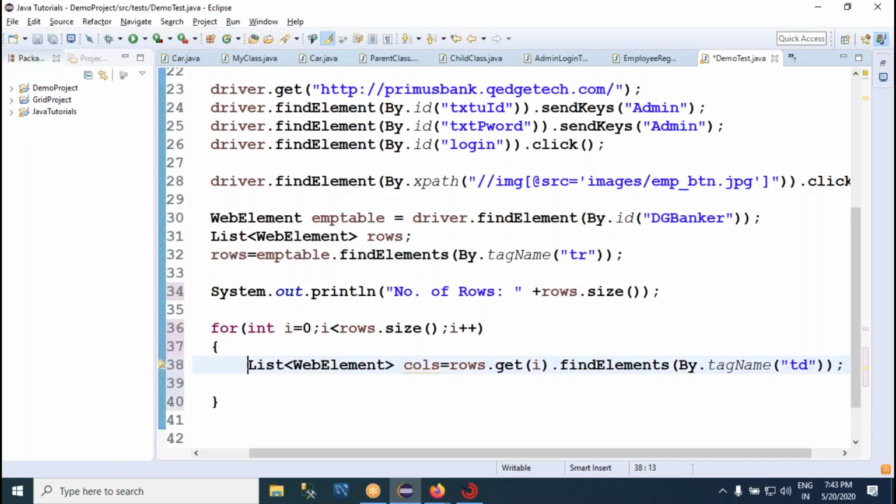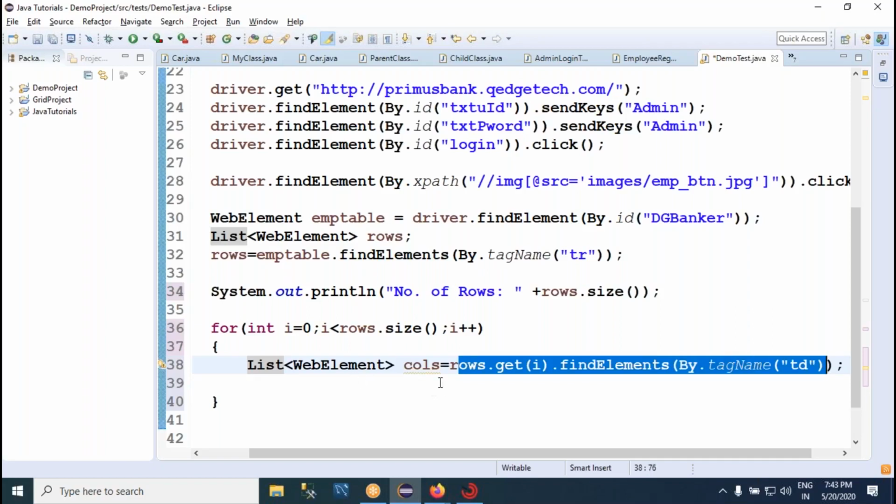Then in the first iteration, i value 0, 0th row, all TD elements we are capturing into a Java list